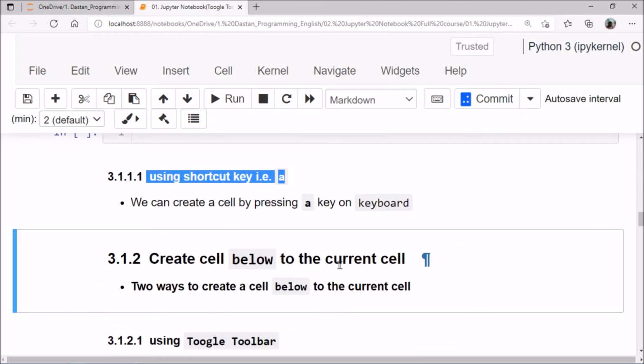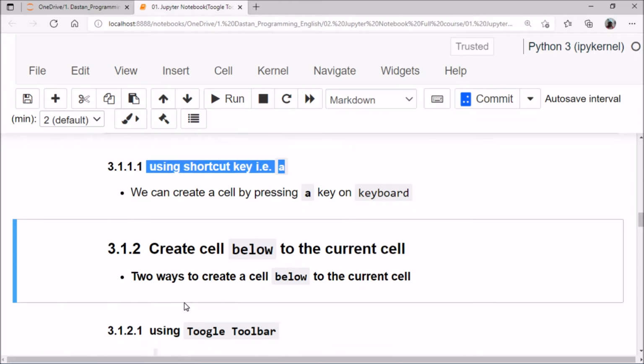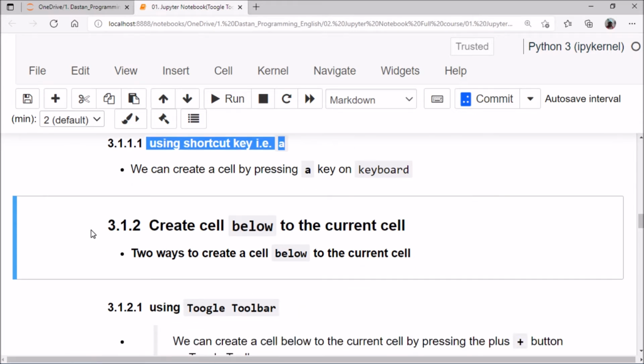a cell below the current cell, then there are two ways. The first way is to hit this plus button, you can see here, or else we can press B. B means below. Suppose this is the current cell.